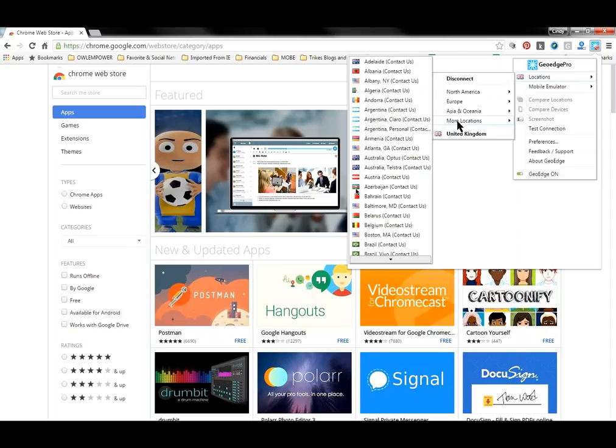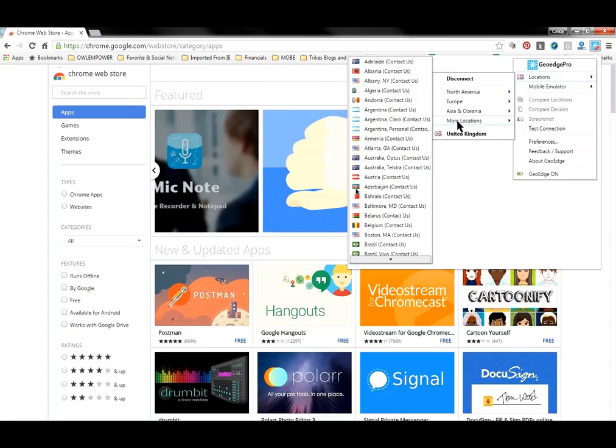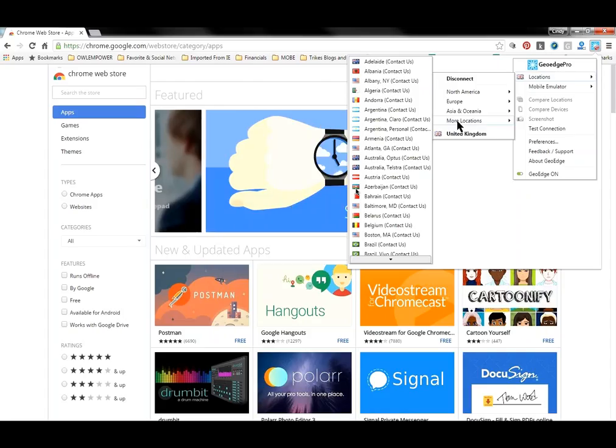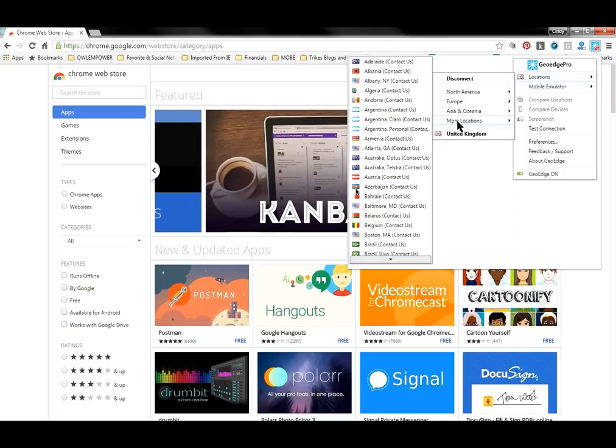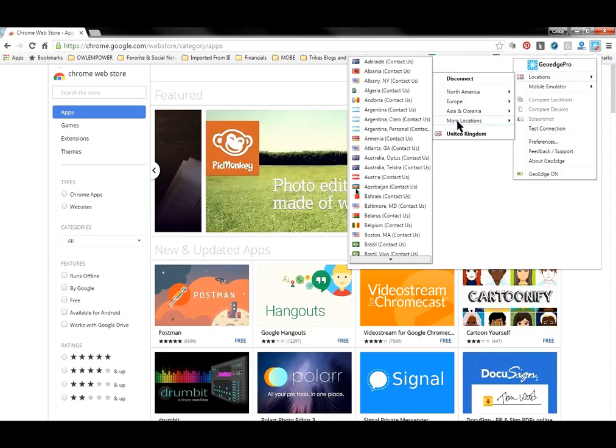So this is for when we're going to run an ad in Australia. We want to see what's already being run, and we also want to see how our ad is going to look when we run it there. Because the offer that we're sending them to is only valid in Australia.